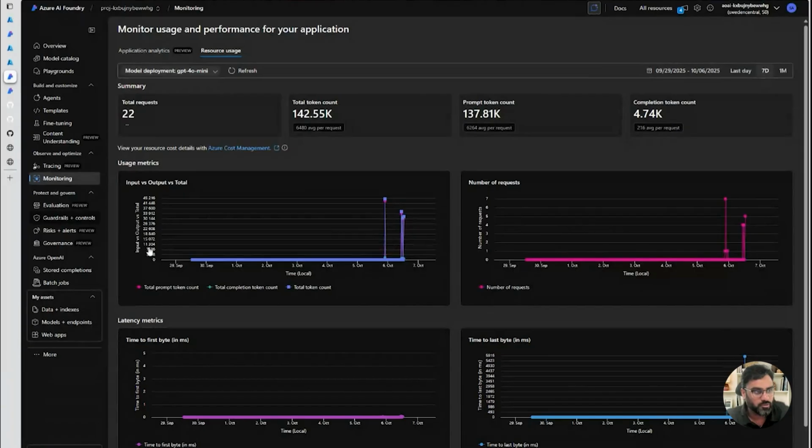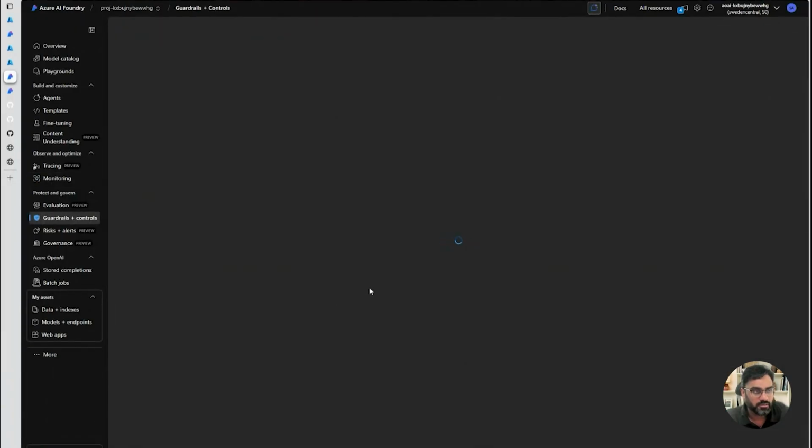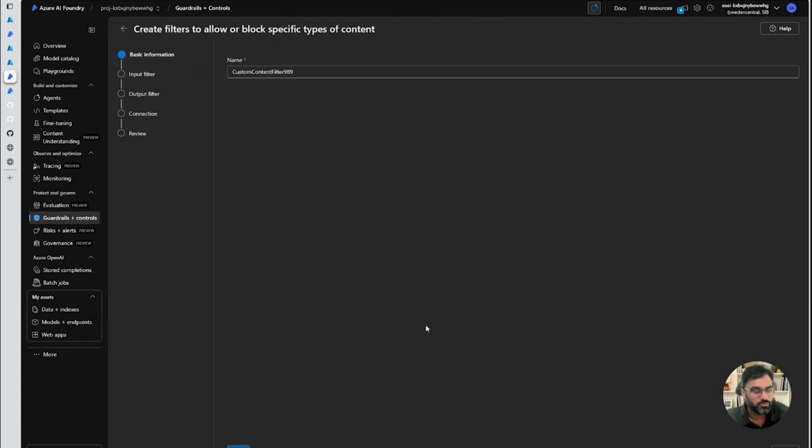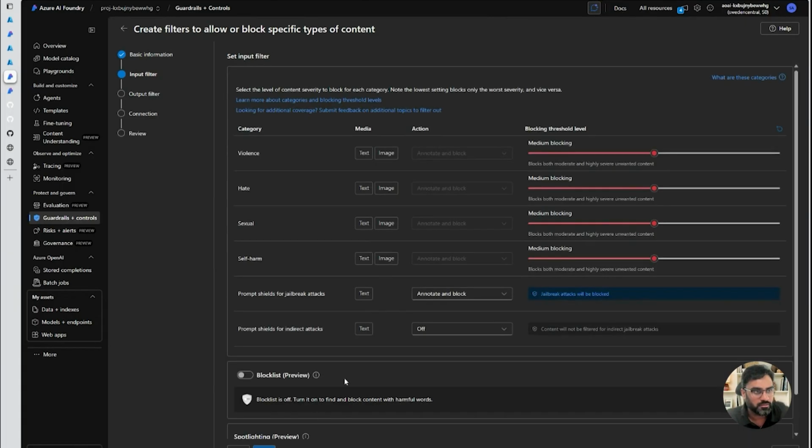We also have guardrails integrated, right? Because these agents have access to a lot of information, but we also want to have some guardrails in the system. For example, you want to restrict any hate responses or hate conversations or sexual conversations or anything like those. You can create these filters and add them to your agent.